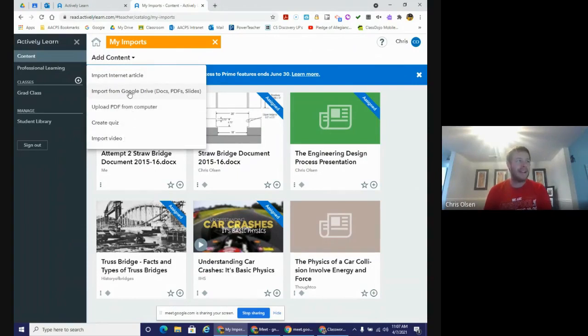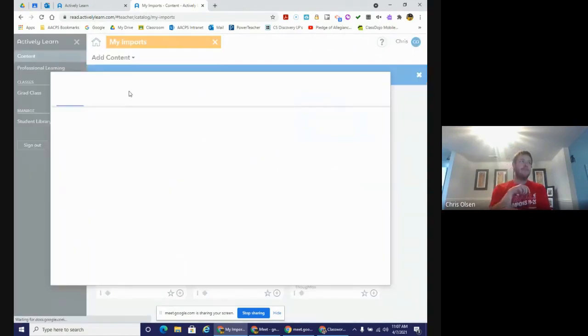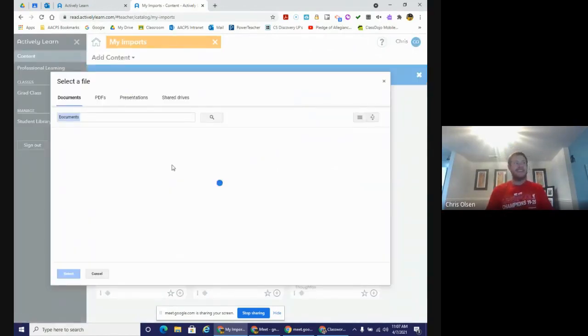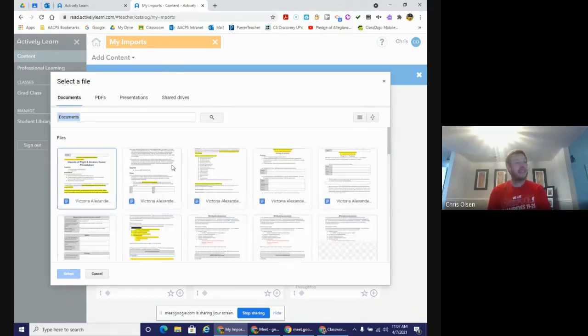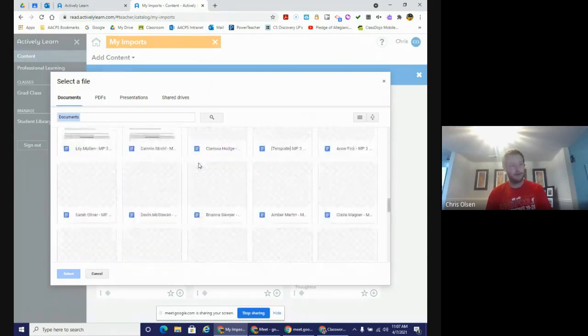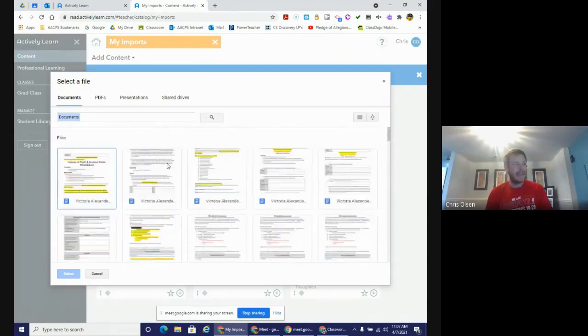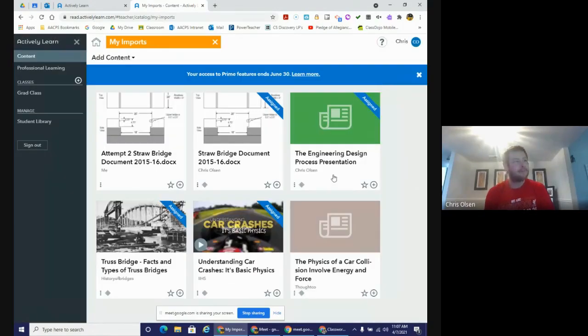The one thing I don't like about the Google Drive aspect of this is that I'm assuming in your Google Drive you have things set into folders and things like that. It does not give you your folders. So you need to know what the name of it is so that you can actually search for it using the search feature. But whenever you figure out this is one of the things that you want to use,